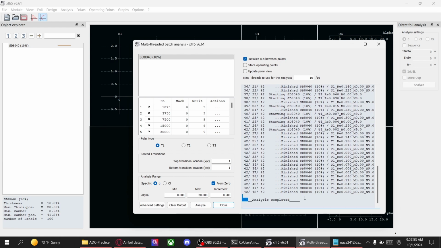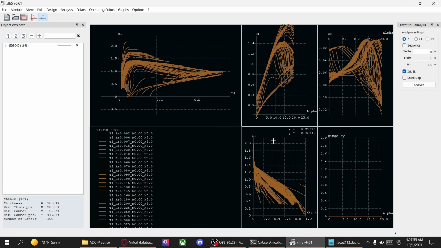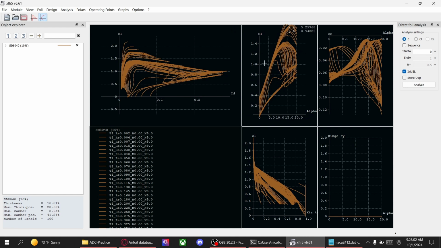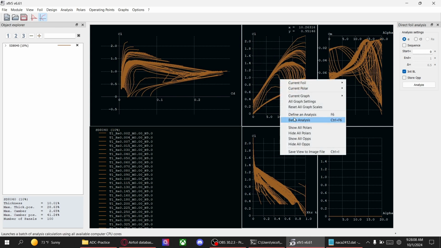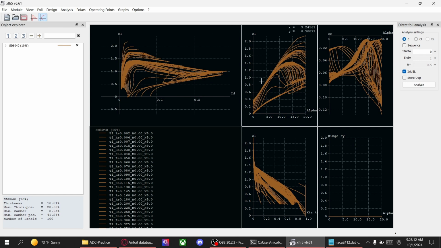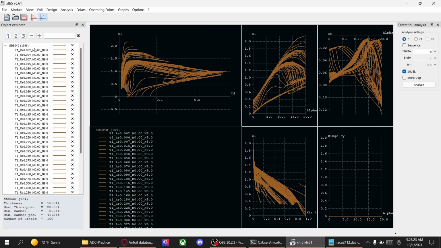And it should say Analysis Completed. After you do that, you can hit Close, and you'll see a bunch of different graphs. Now, if your graph looks a little bit weird, you can click on the graph and hit R, and it'll redo the scaling of the axes, or you can right-click, hit Current Graph, and then hit Reset Graph Scales. That's going to be very important for getting the max coefficient of lift, which is important for stall speed. If we click on this arrow right here, we can see the range of Reynolds